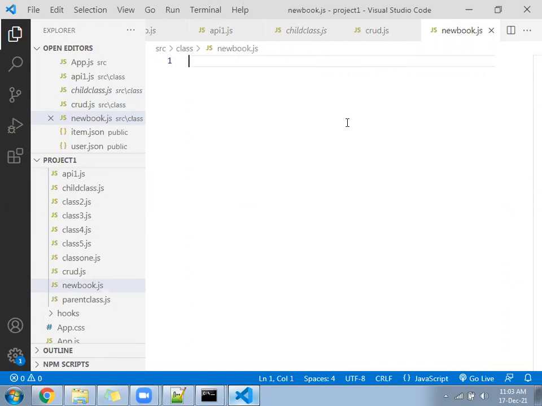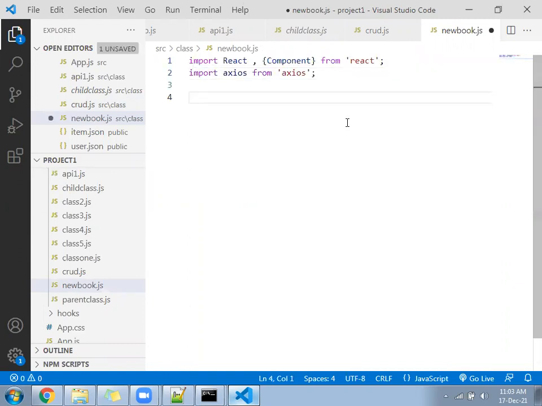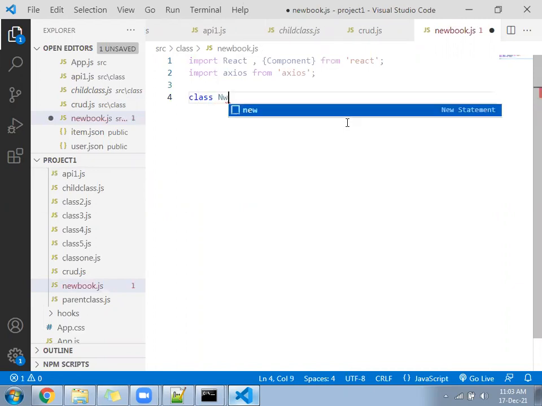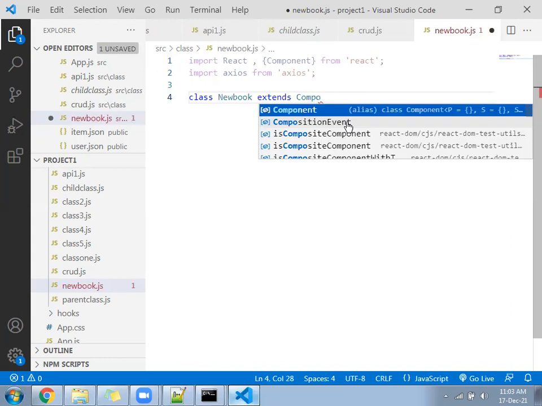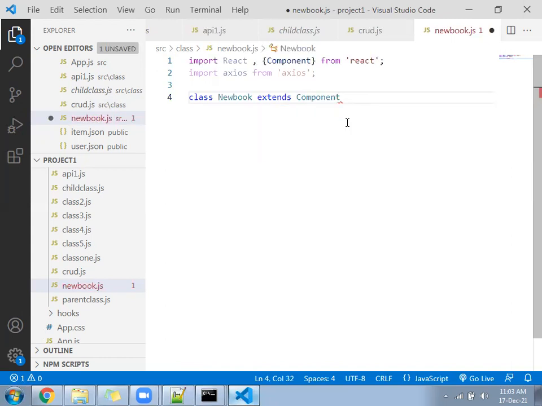We have added both. After that, we can write here a class. Class name is called newbook extends component. Export default newbook.